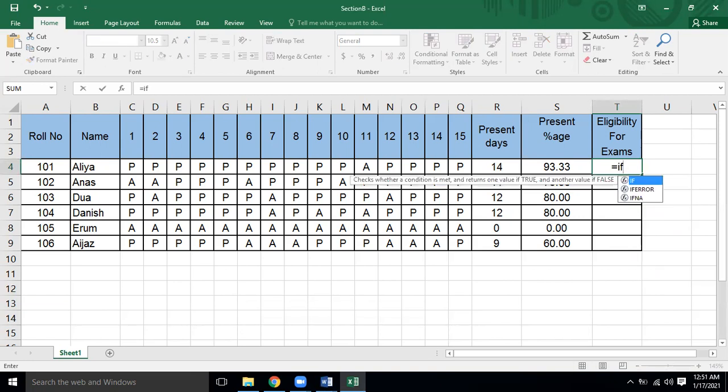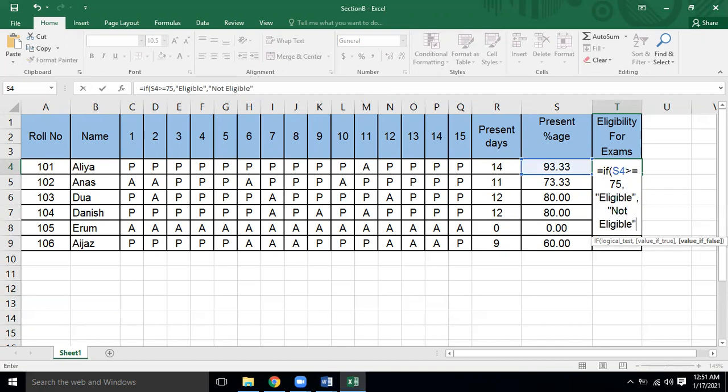We have applied this thing for pass or fail in the previous one. Now this is the example. If this percentage is greater than or equal to 75, then we are going to write in double quotes "eligible". Otherwise, comma, value if false, we are going to write in double quotes "not eligible".